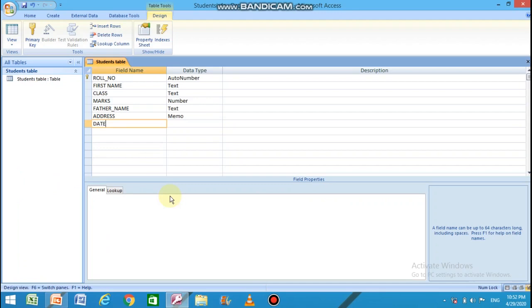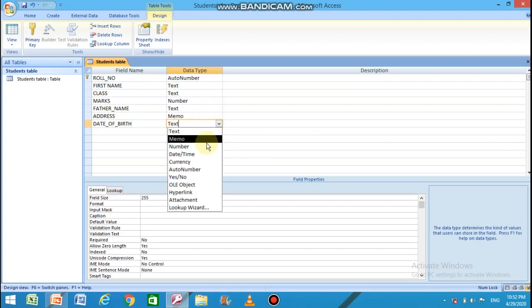Date of birth. The data type should be date or time.